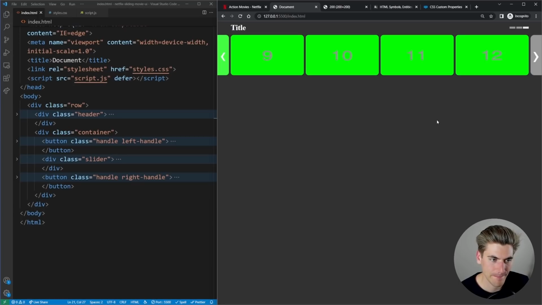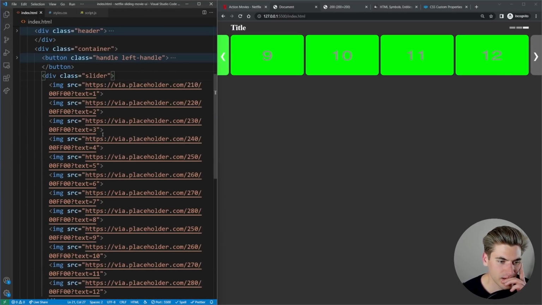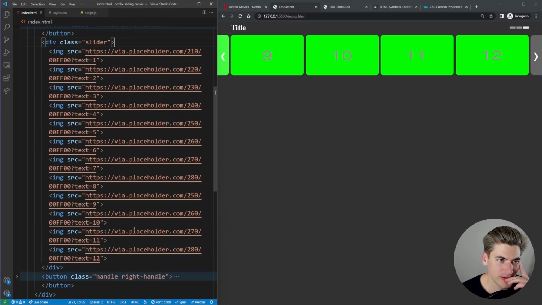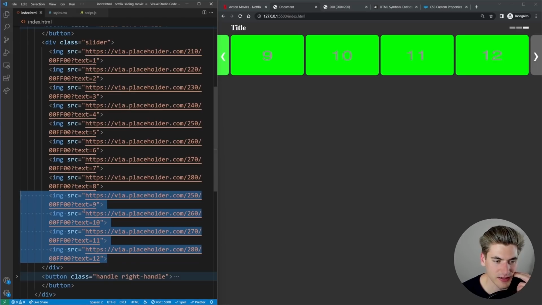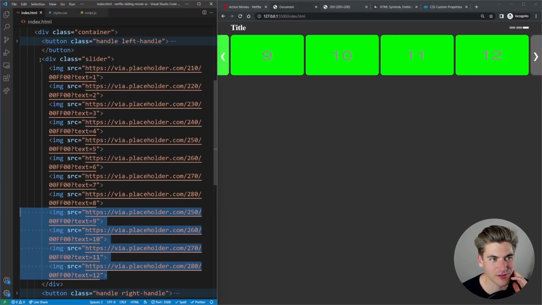Because we have our slider. I just want to like add these 4 elements to the end. And then when I move, I obviously want these 4 elements to be at the beginning. That's really tricky. Because I can like put another slider directly after this slider.